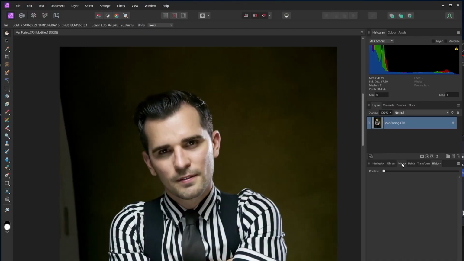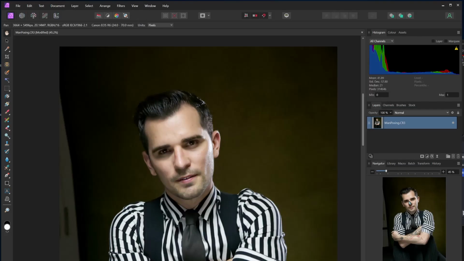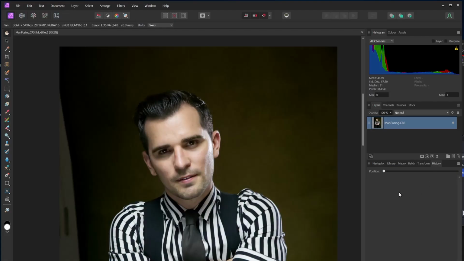And finally, down the bottom you have things like your history, libraries, navigator, which I don't tend to use very often. It's mainly left on history, so you can quickly undo, redo to certain points if you're unhappy with what you've done. So on the layers, you'll always have your base layer, which is the actual